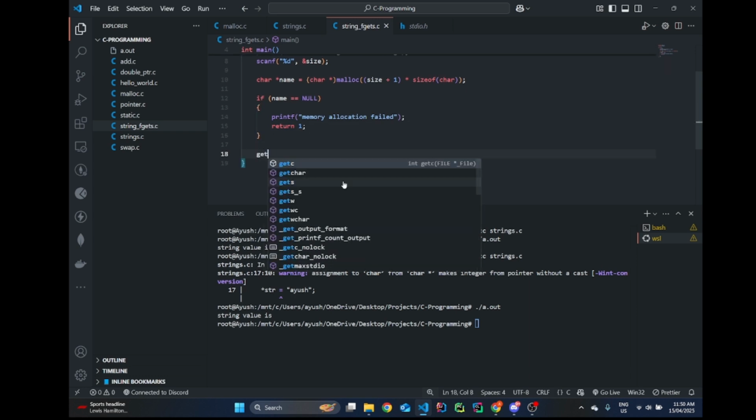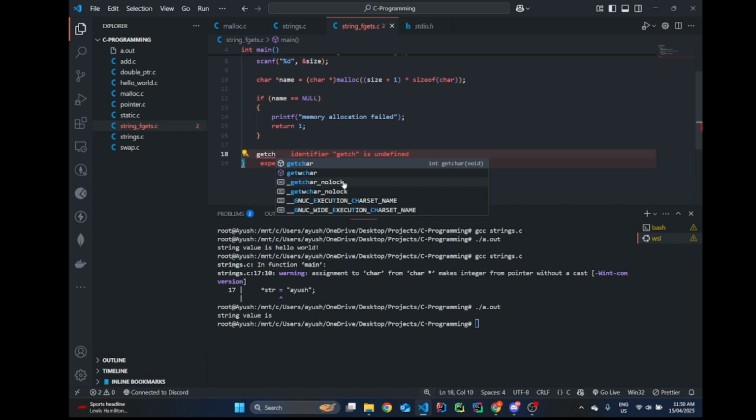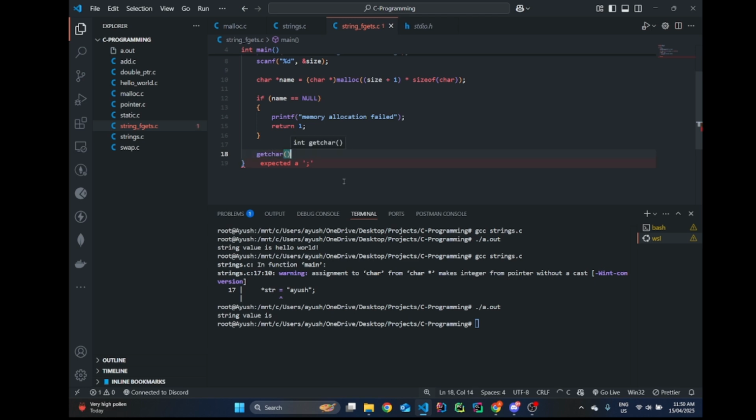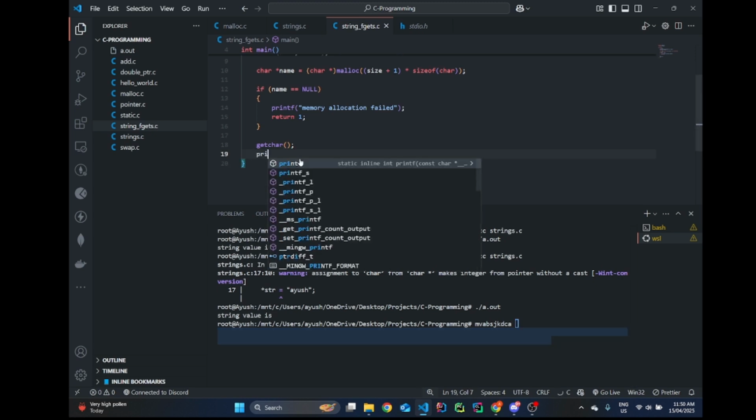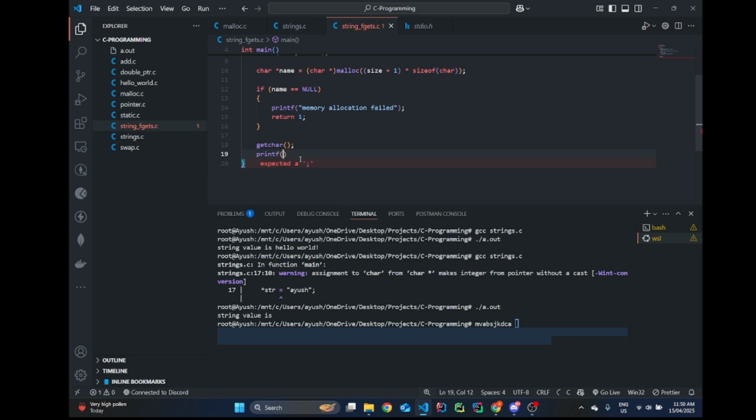And getchar, it consumes the leftover line. So if your line has something like this, it won't read from this line, it will read from the next line eventually. So that's why I need getchar over there, and I'll just printf. I'll ask the user to enter the name, enter your name, and it will be